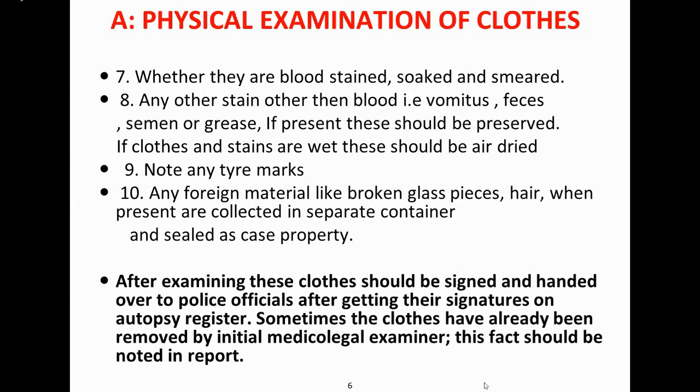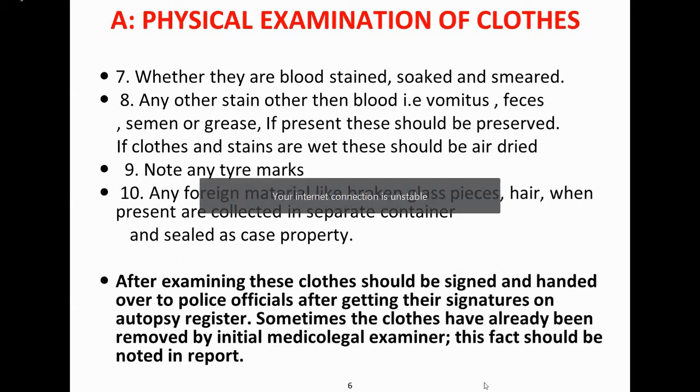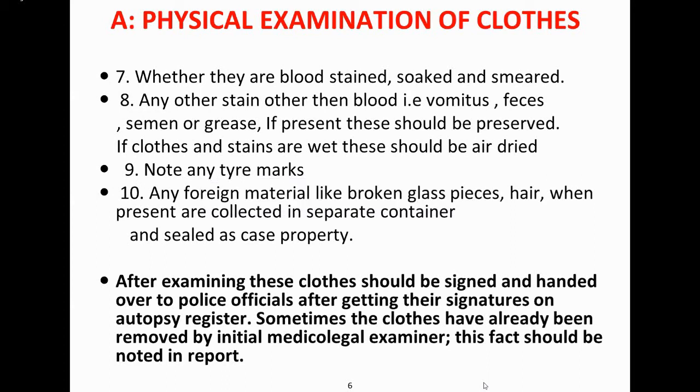Examining these clothes should be signed and handed over to the police officer after getting their signature on the autopsy register. Sometimes the clothes have already been removed by the initial medical examiner, so they usually do the examination. ठीक है, तो कभी कभी वहां पे भी हो जाता है, लेकिन आप क्या करते हैं कि